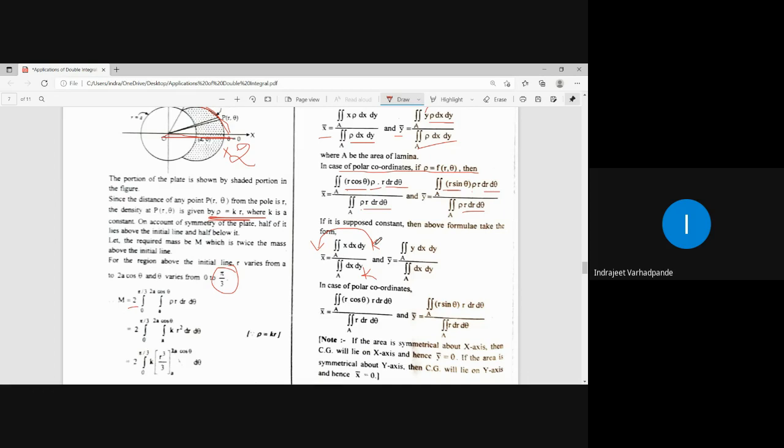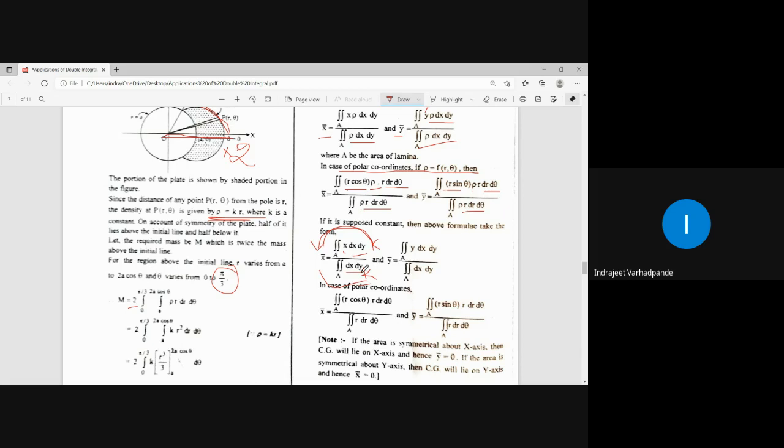So suppose the constant k is in the numerator as well as the denominator, take it outside. Here also it will be outside, and it gets cancelled out from both numerator and denominator. So in such cases, rho will be absent, or you simply keep in mind rho is equal to 1. So the formula will be x bar is equal to double integral over A x dx dy upon